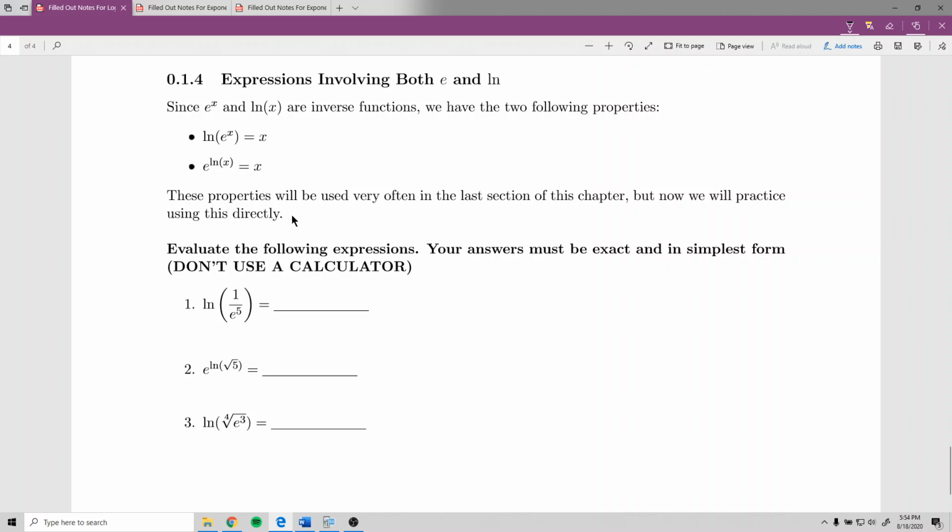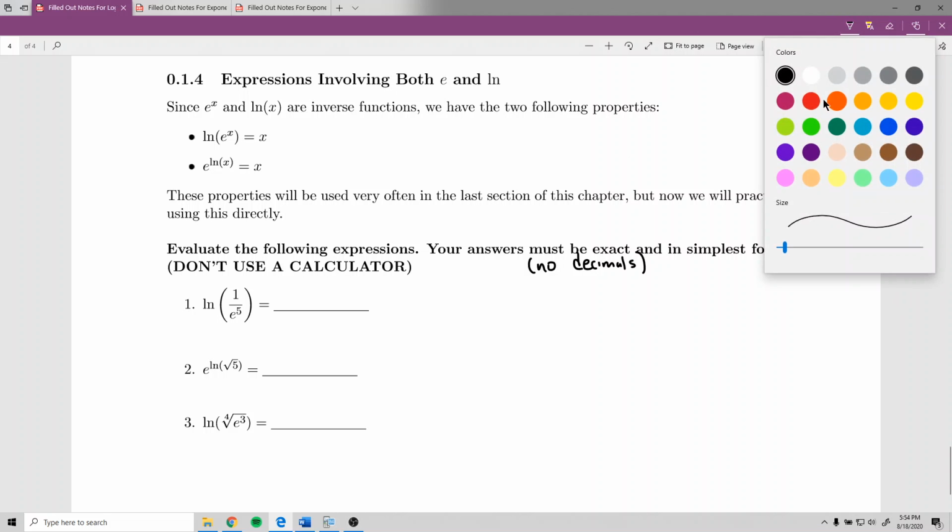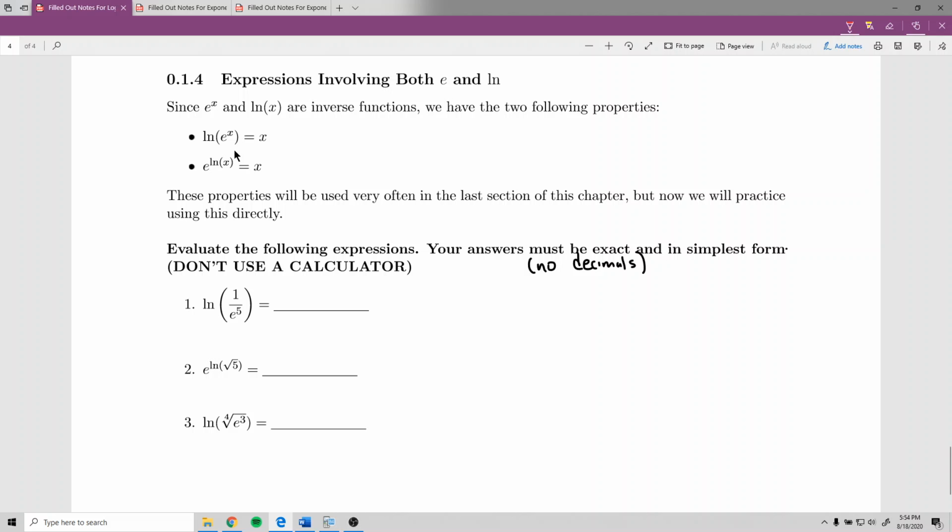All right, so the first one here, we want to evaluate the following expressions. Your answers must be exact in simplest form. So you can't use a calculator, but also no decimals at all. All right, so the first rule is the one when we have ln of e to something. It says ln of e to the x equals x. What it says is that the inside is e to a power, then the output is just the power. So that applies here to this one,